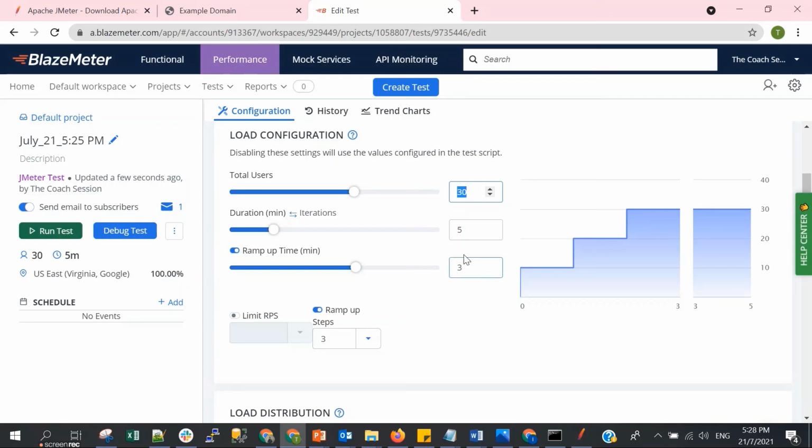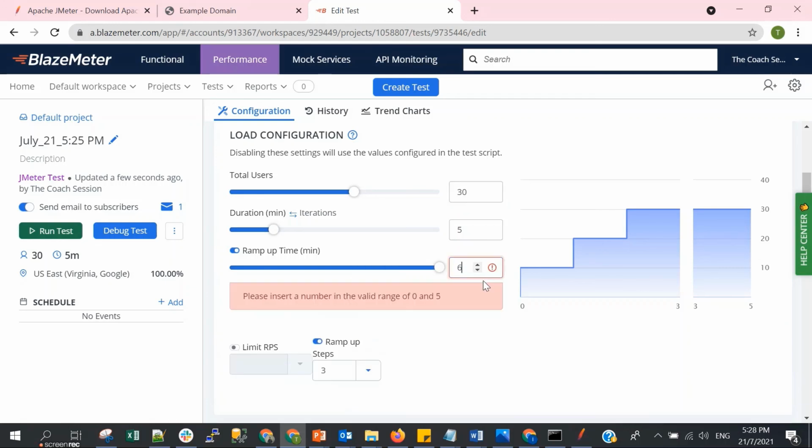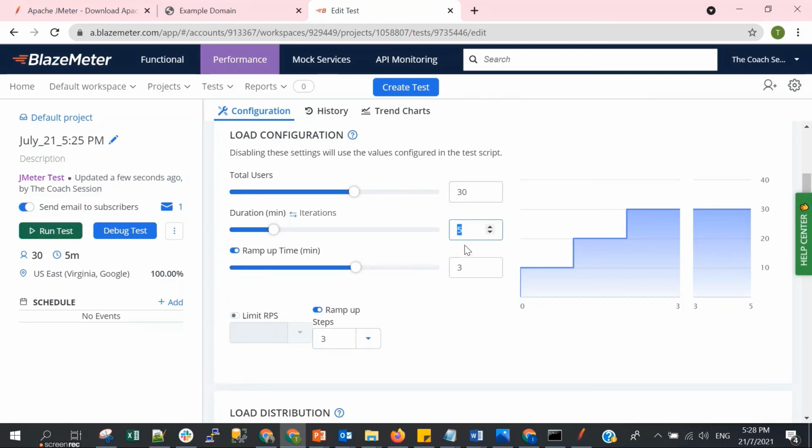Let's say you modify the ramp-up as 6, but we can't put 6 because you need to also increase the total duration here. Let's say the total duration is 10 minutes, and the ramp-up time is 6. Because we put the ramp-up steps as 3, we will see 3 stairs here, and the gap for adding 10 users is 2 minutes.